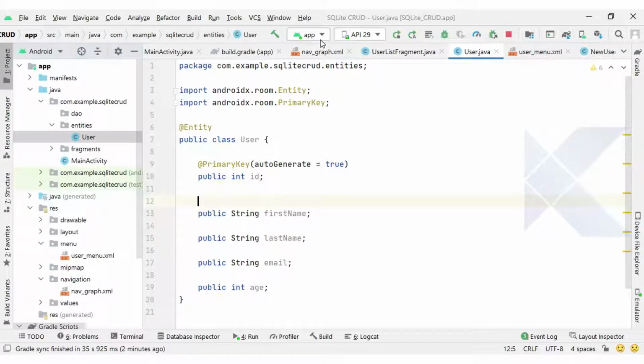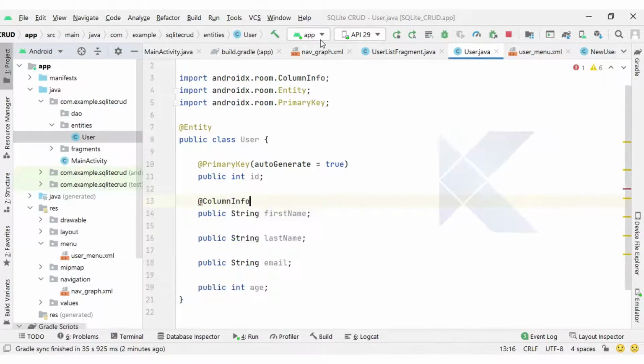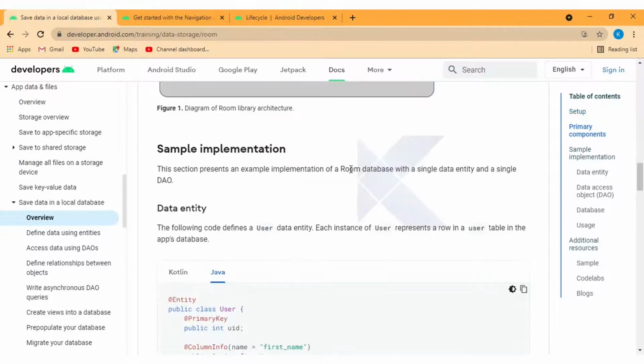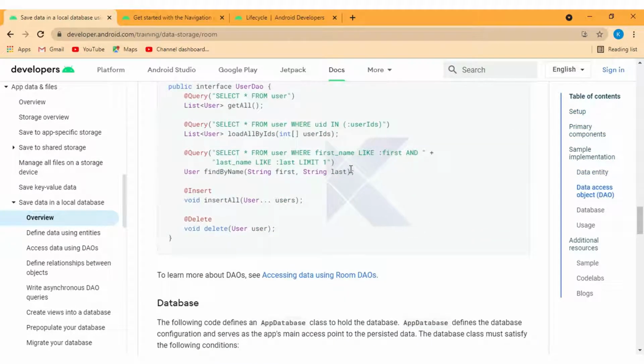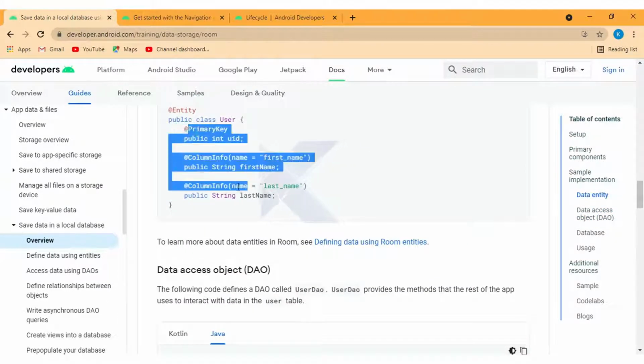Inside firstName you can also set the column related properties here. You can see @ColumnInfo is the annotation we have. If you are not aware of this, you can also follow the official documentation given by Google, where you can see the annotations they have given.